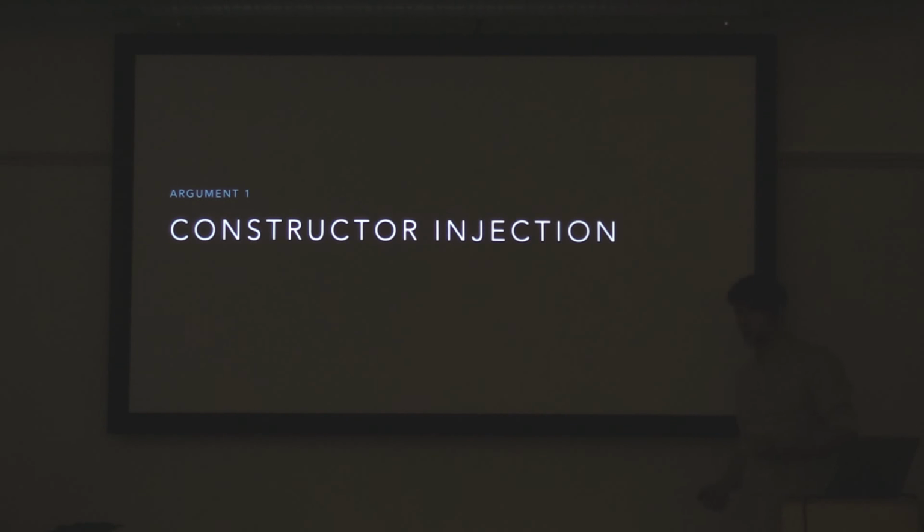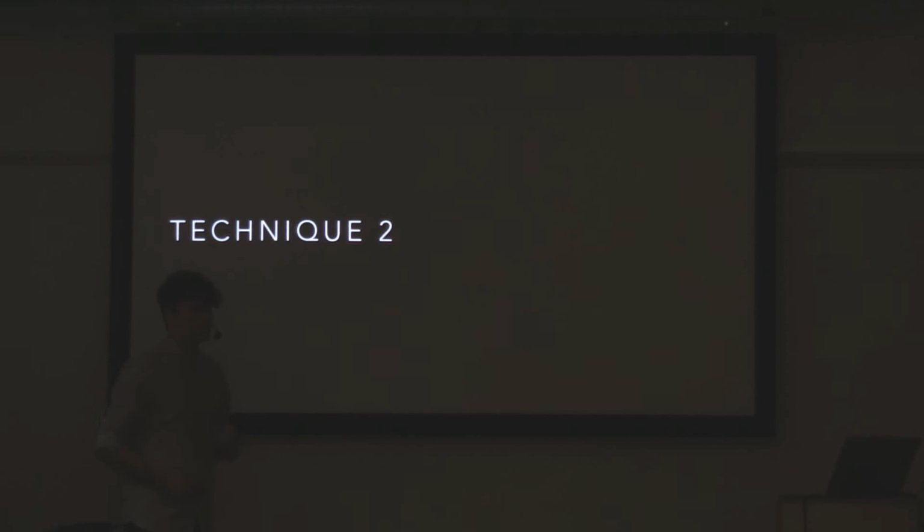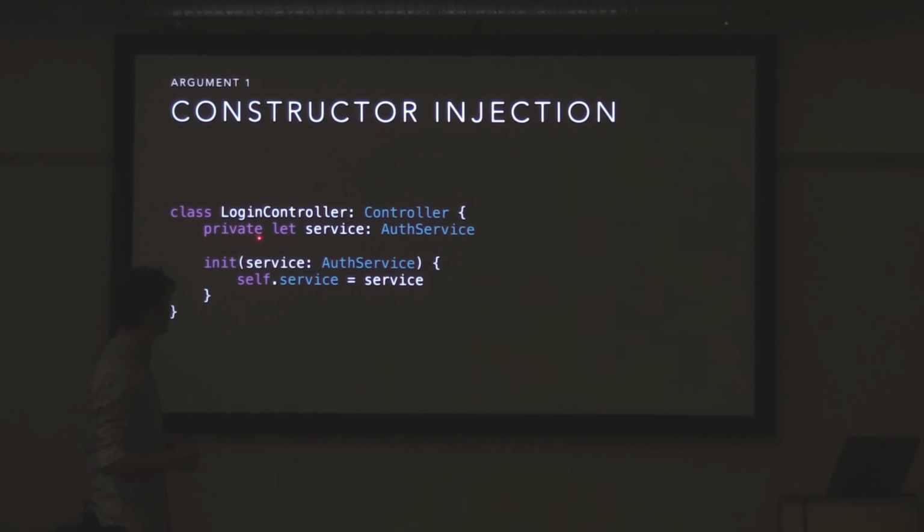So my first active argument would be you should use constructor injection for that. And constructor injection is really simple. It looks like this. You probably have seen it multiple times in your life. You just take dependency as an argument. And word of caution, if you're using constructor injection, make sure that your injection constructors are really simple. You don't want to be doing any work there. You just want to take arguments and store them.